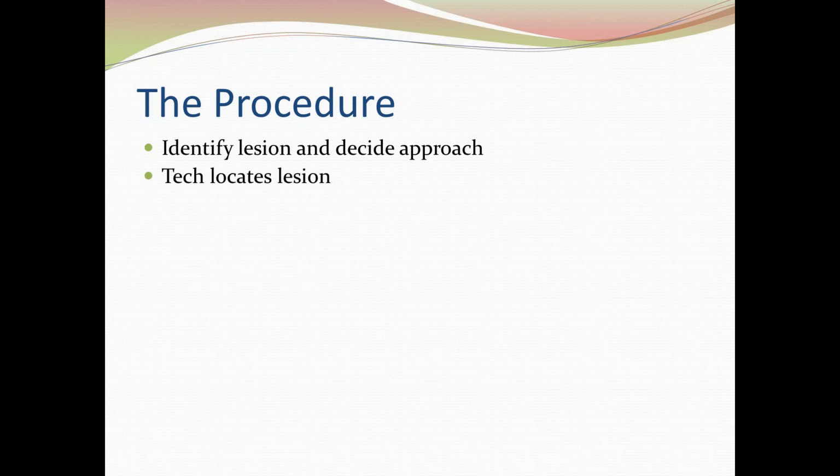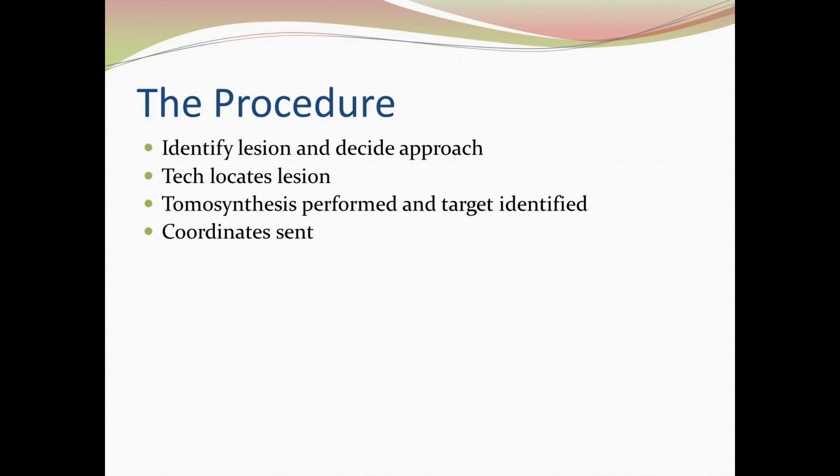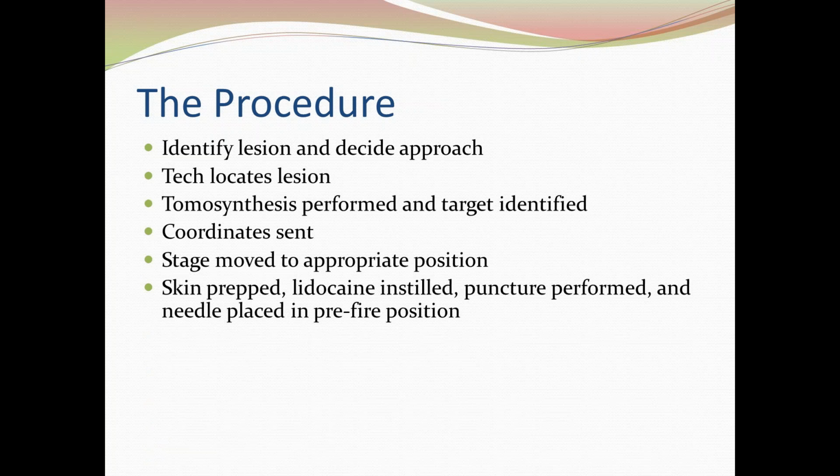The tech then finds the lesion based on how you told them to approach the lesion. We do the tomosynthesis and identify the target, and then you simply put your cursor on the lesion, and the coordinates will be identified. And I'll show you what that looks like. The coordinates are then sent from the workstation in the breast imaging suite to the tomosynthesis unit. The technologist moves the stage to the appropriate position. We prep the skin, instill the lidocaine, make a puncture, and place our biopsy device just as we would with a prone